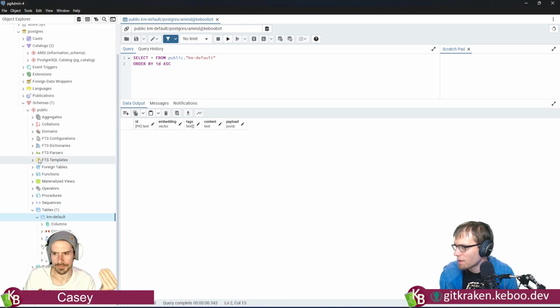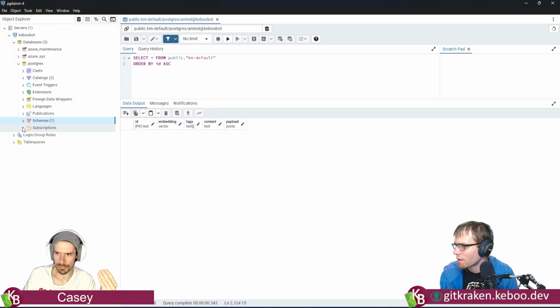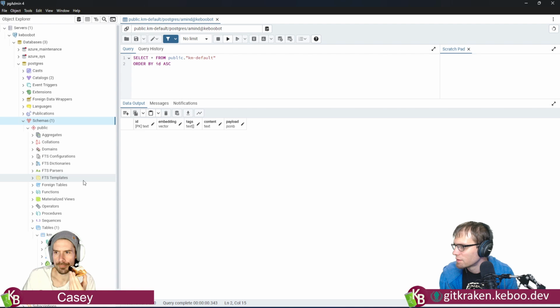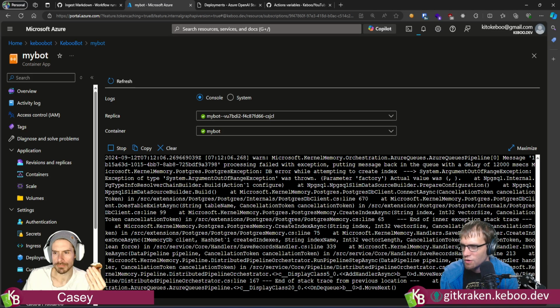Let's see here. Indexes. Isn't indexes a top level thingy in here? Schemas. There you go. And it should be running with the admin.